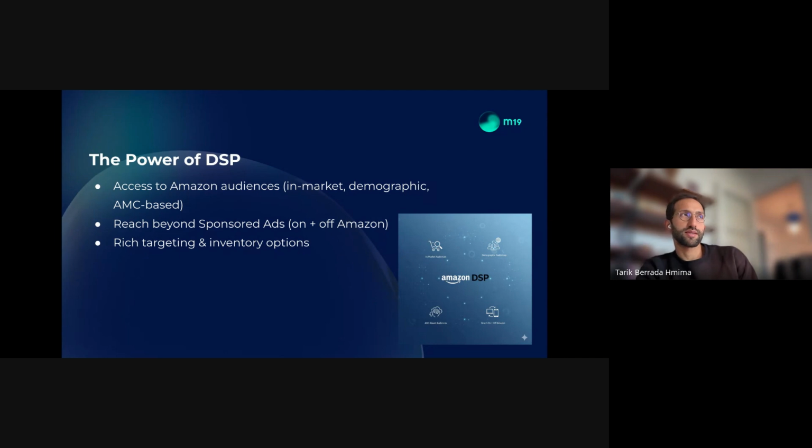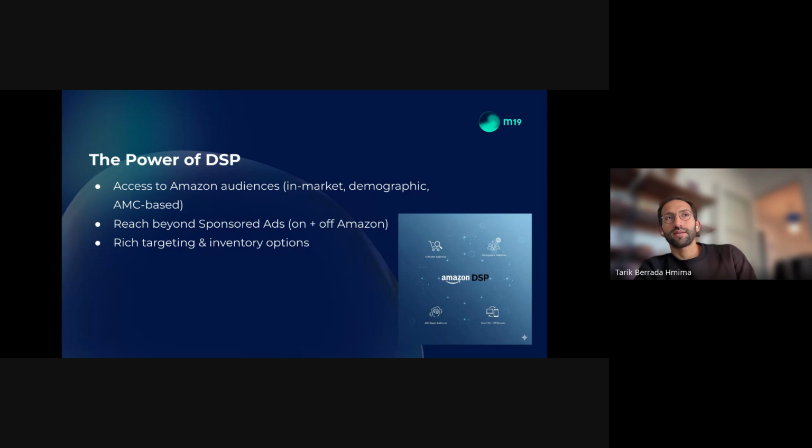It's basically databases where Amazon stores all the clicks, all the impressions, and all the sales events, and gives access to advertisers and tool providers like us to build audiences from this raw data, which means you can build whatever audience you think of by writing queries that describe the audience.